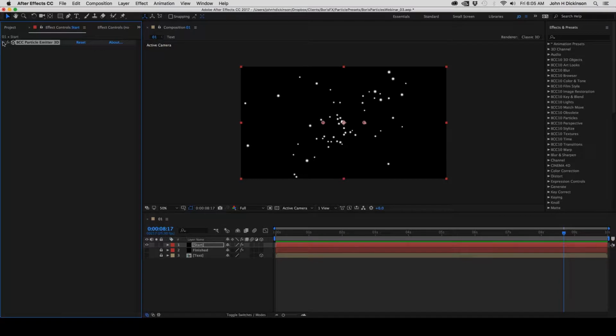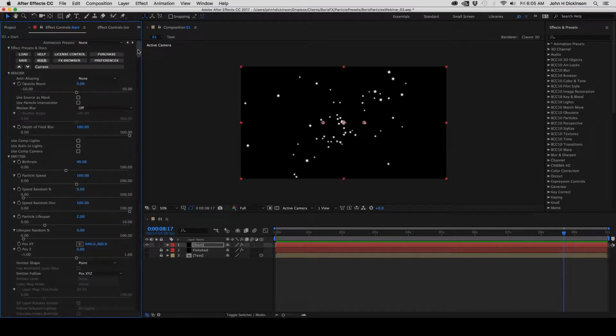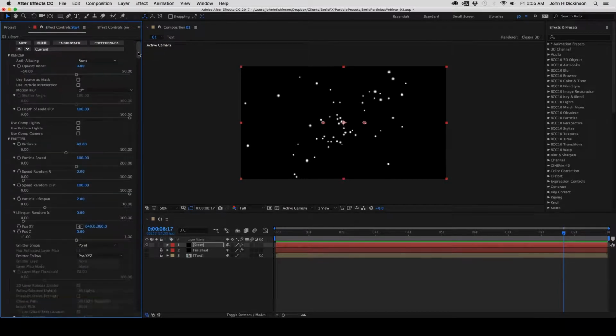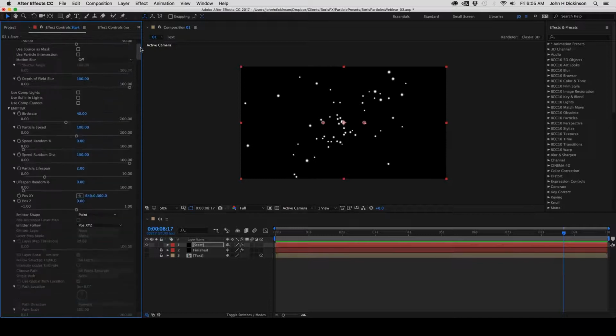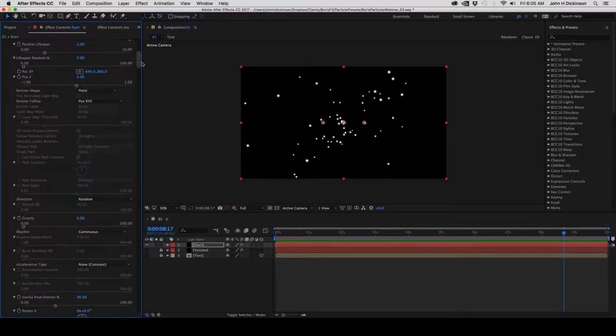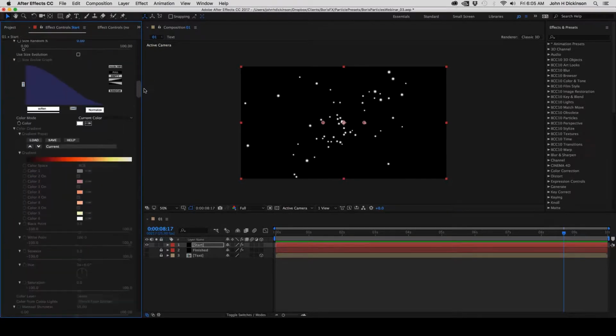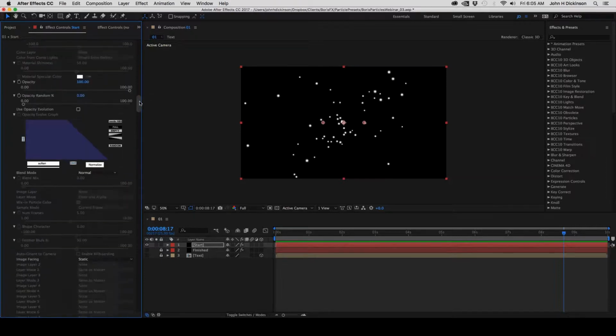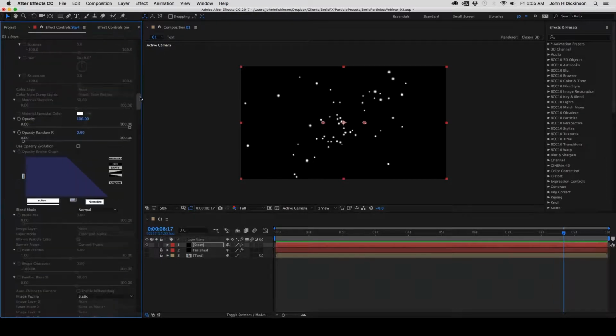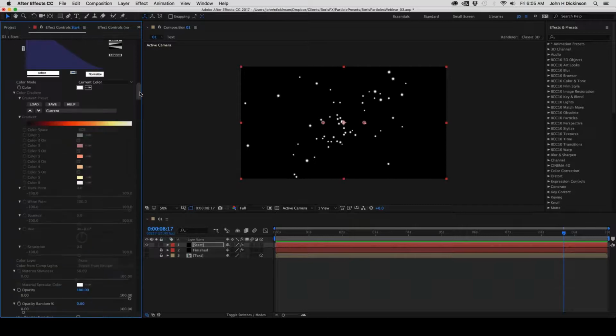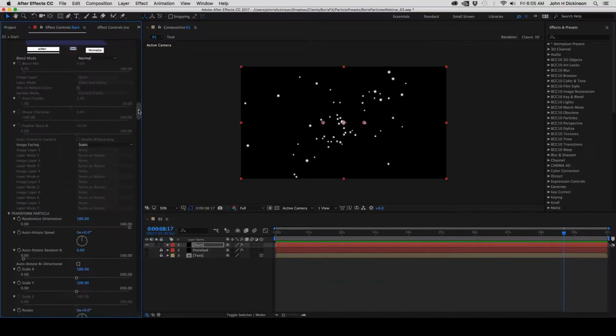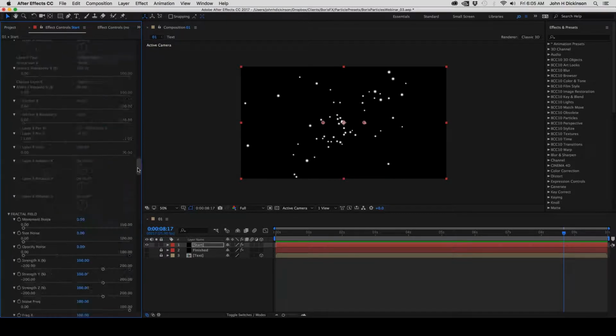I've got an emitter here. It's just shooting out white particles. And let's take a look over here in the Effect Controls panel. This is a very big effect. There are a lot of parameters, and when you look at it like this, you can see it doesn't look too overwhelming. But if I just hold down the Command key on Mac or the Control key on Windows, and